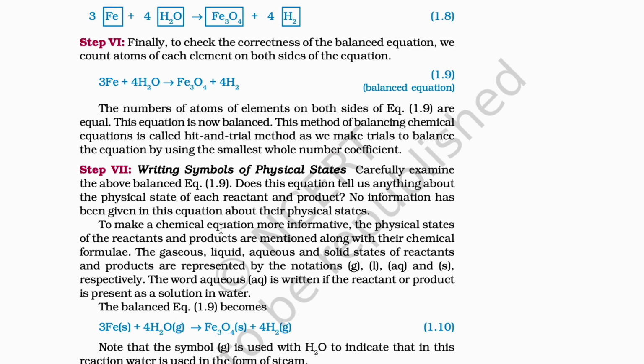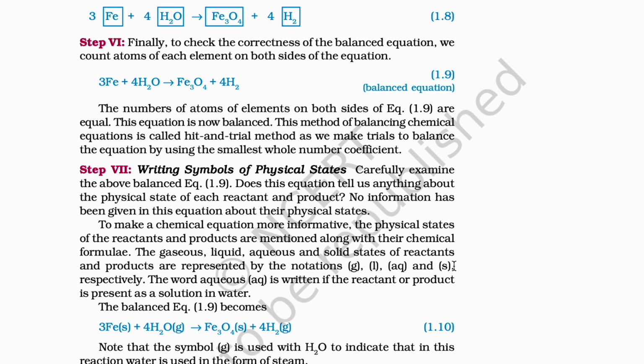To make a chemical equation more informative, the physical states of the reactants and products are mentioned along with their chemical formulae. The gaseous, liquid, aqueous, and solid states of reactants and products are represented by the notations (g), (l),